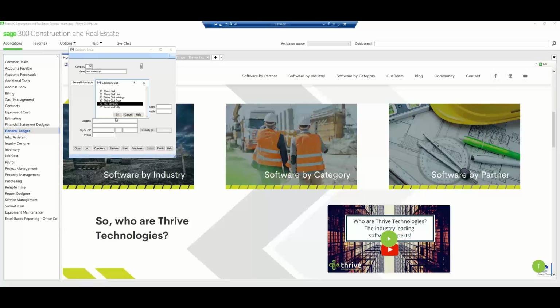If that's what you've been running on, unfortunately Sage won't let you then go to 3 digits, but I certainly wouldn't set up a new company as number 1, because